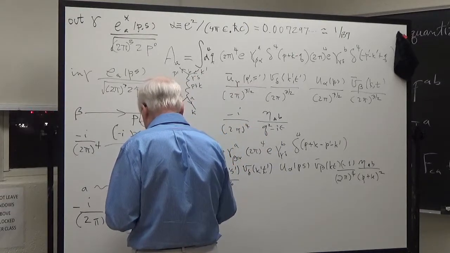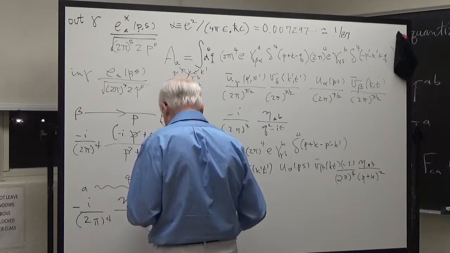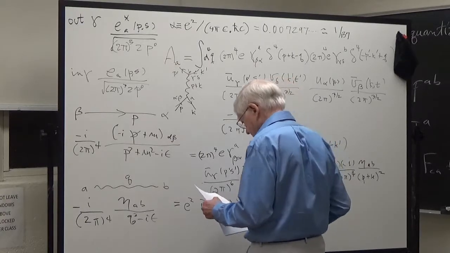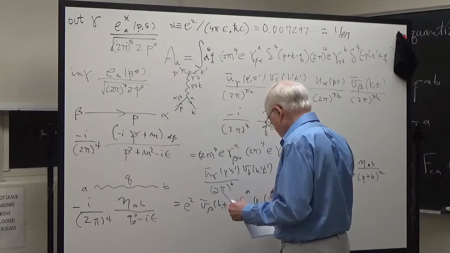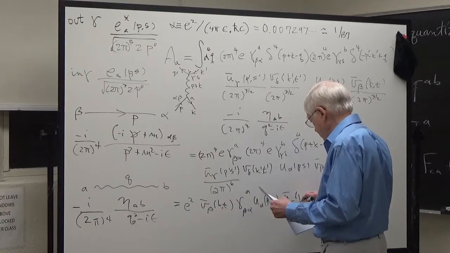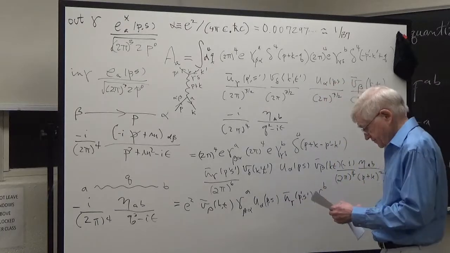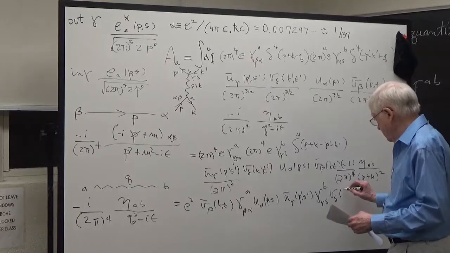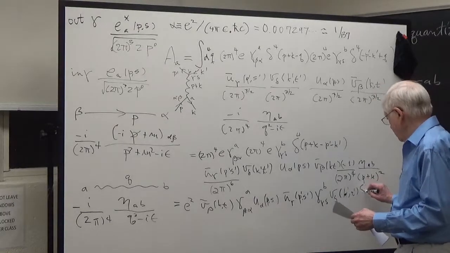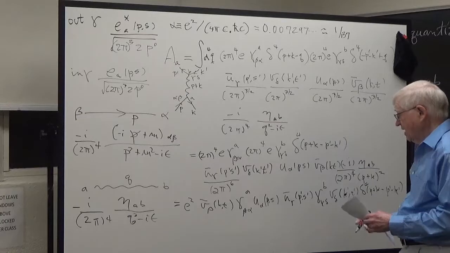And what we get is e squared v̄_β(k, t) γ^A_βα u_α(p, s), and then ū(p', s') γ^B_γδ v_δ(k', t'), and then the energy-momentum conservation, p plus k minus p' minus k', and then times